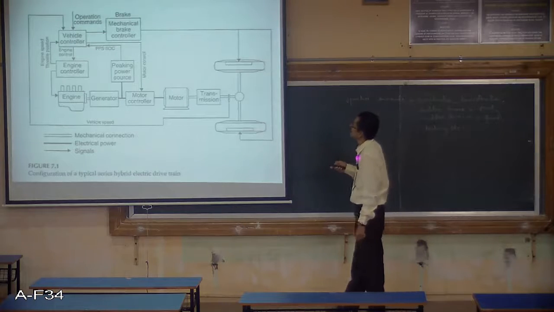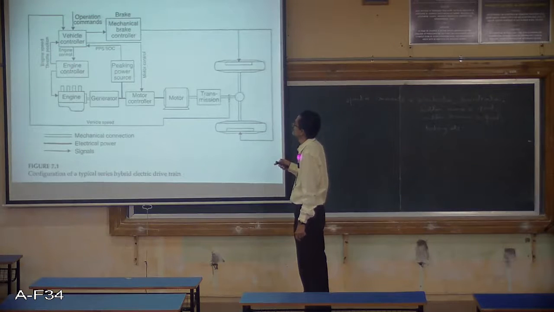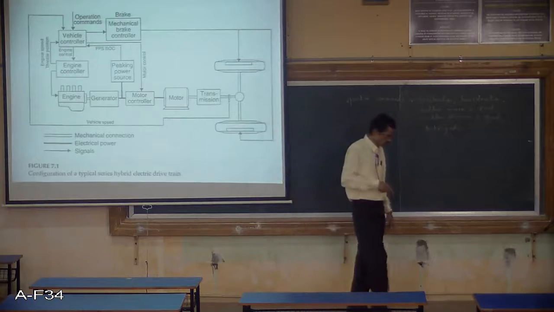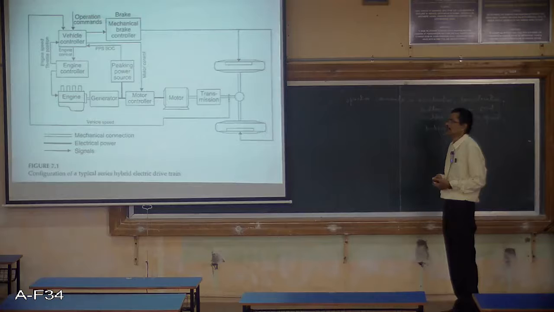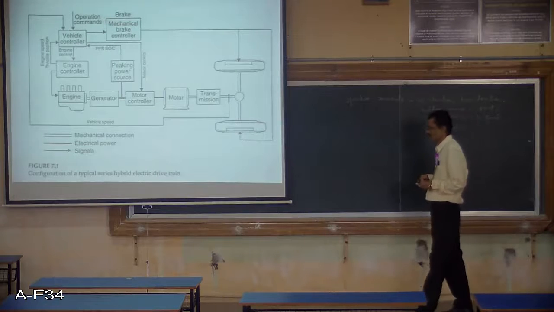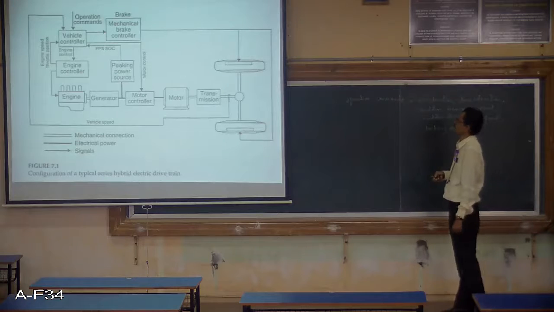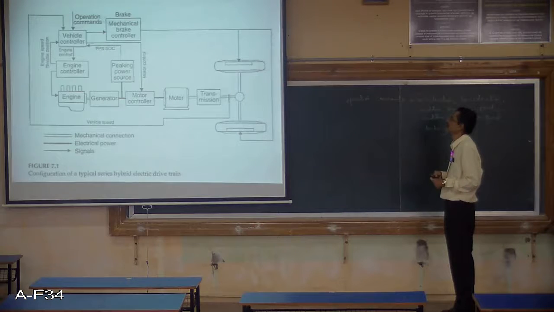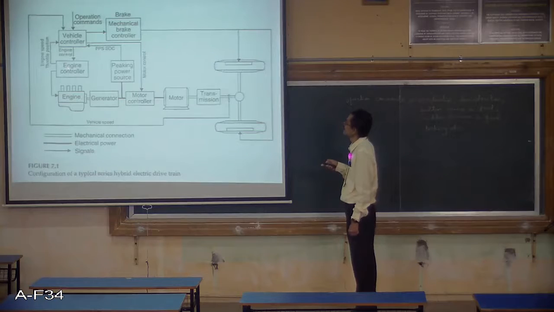Then the vehicle controller also gets input from the engine controller. So this is engine speed, throttle position. So we have seen what is meant by throttle position of the engine. Depending upon the throttle position, as we have seen, the speed of the engine will be decided. If the throttle valve open position is more, then the machine will run at higher speeds. If the throttle valve is opened with a lower angle, then it will run at lower speed. So this throttle angle is available from this part as an input to the vehicle controller.